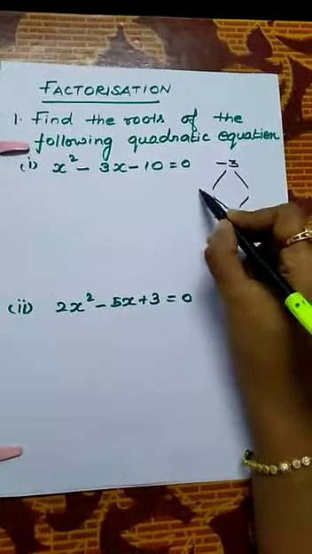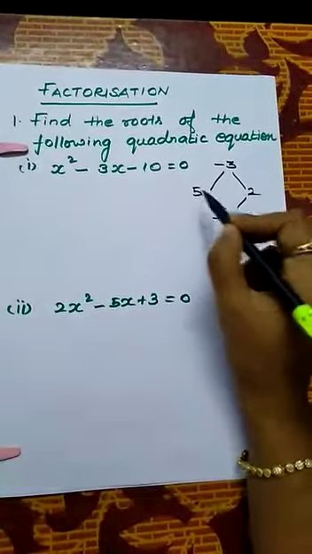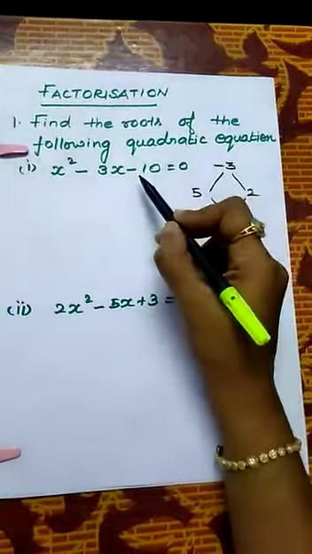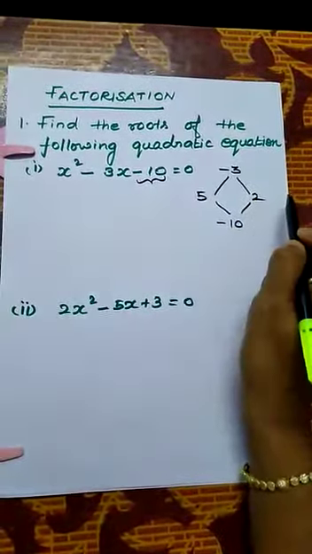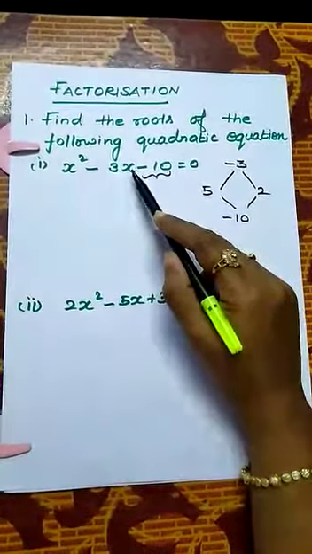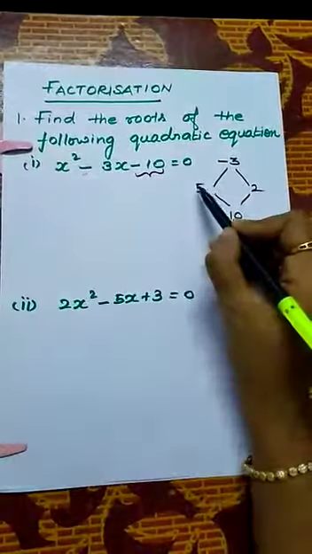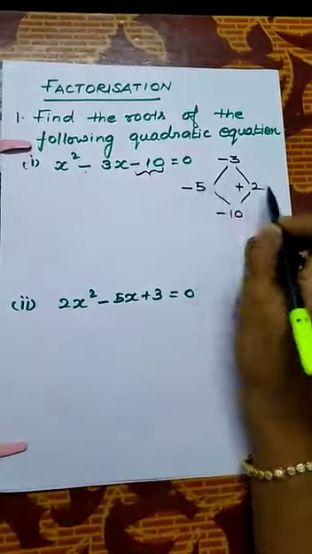Add or subtract the values, we need the middle value, that is the coefficient of x. Choose the values. The values are 5 and 2. 5 twos are 10. 5 minus 2 is 3. Then how can we choose the symbol? Actually the constant value is negative, which means we have to use one minus and one plus. Then how can we apply the negative symbol? We just look at the coefficient of the x term. The coefficient of x is negative, which means the greater value has the minus symbol. The other one is positive.